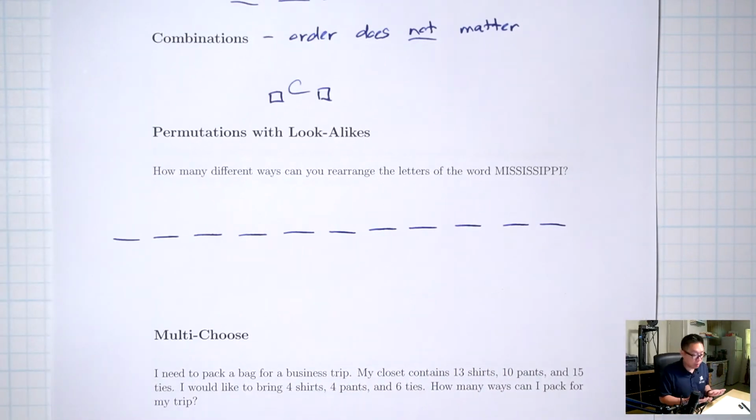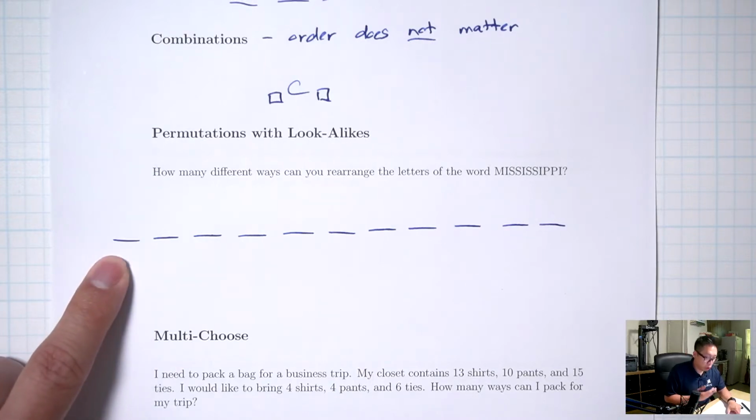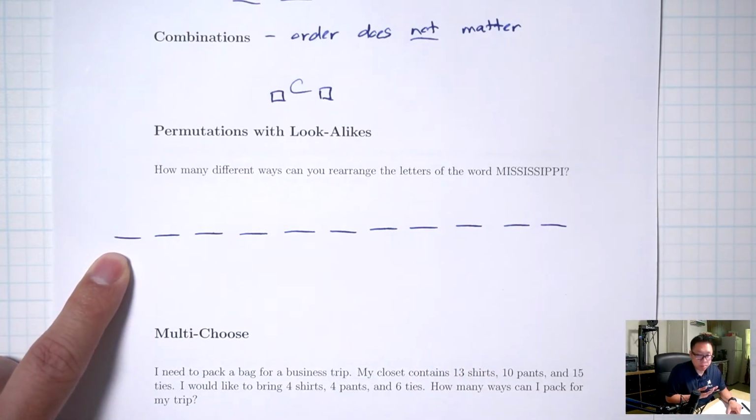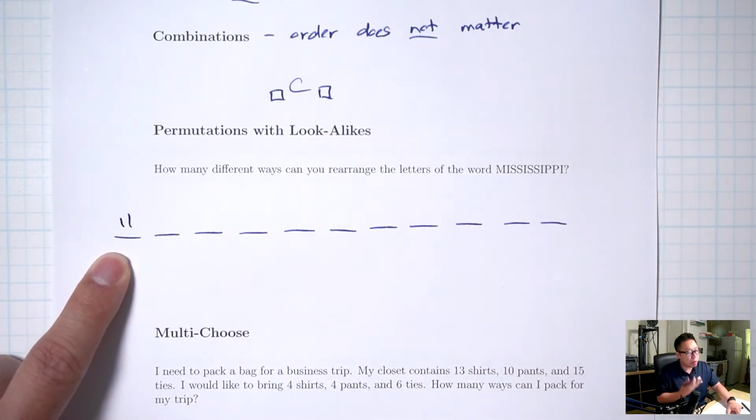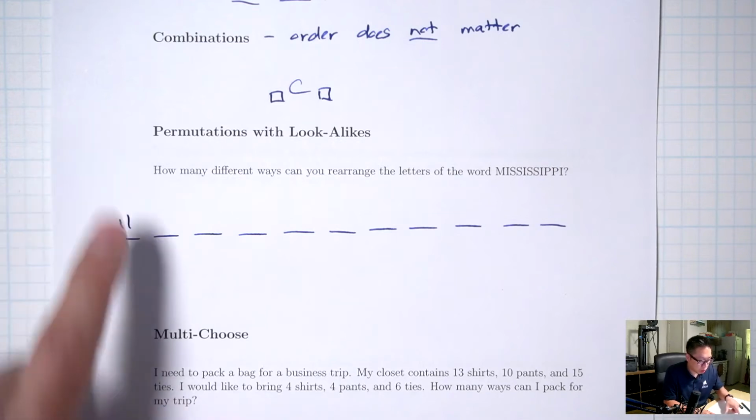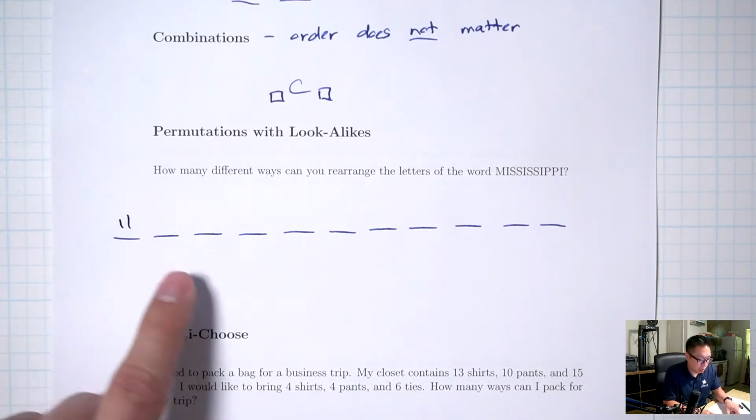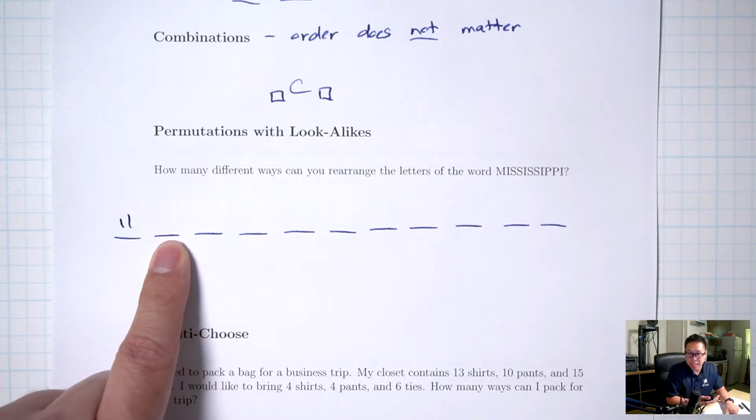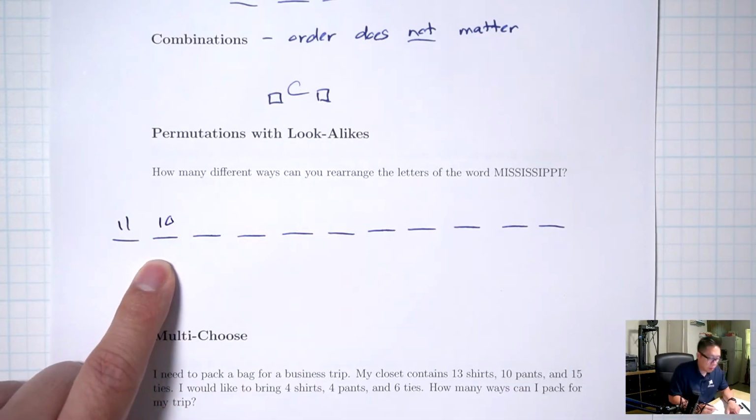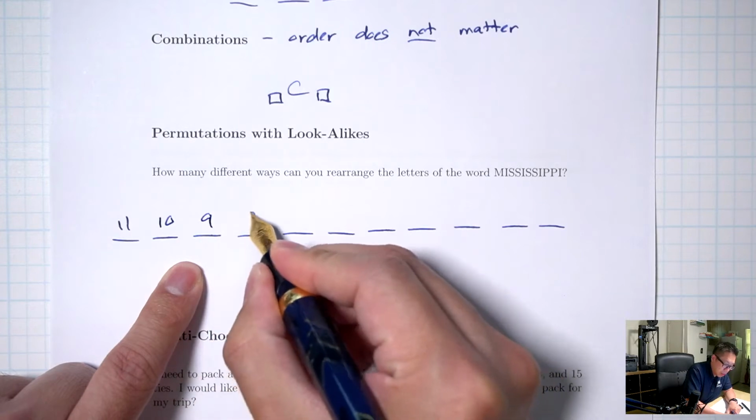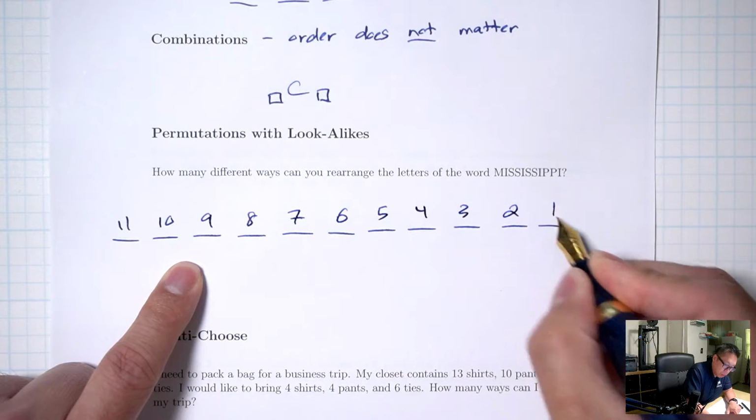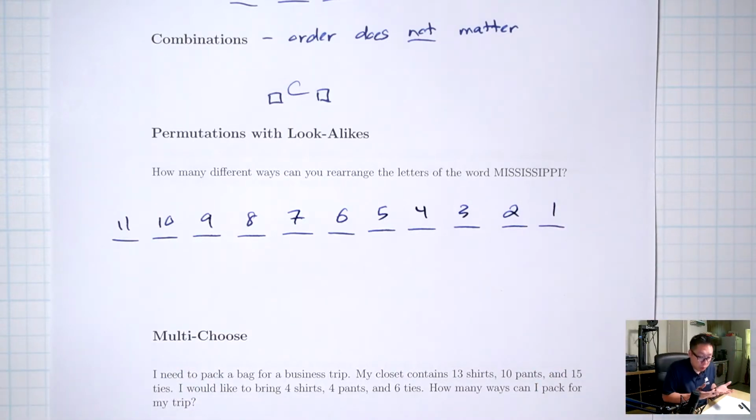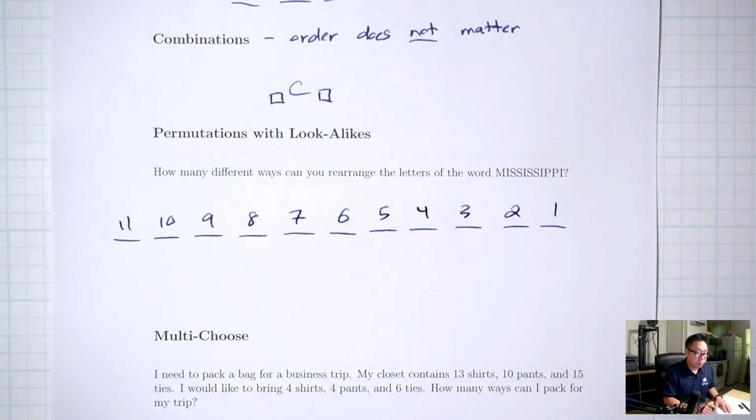For each blank, count how many options you have. For the first blank, I should have all of the characters as an option, so there's 11 of them. And then I'm rearranging, so whatever character I picked for the first blank, I'm not going to use again, which means for the second blank, I should be down to 10. And then for the same reason, I should be down to 9, 8, 7, 6, 5, 4, 3, 2, 1. Now, if this were a regular permutation, you would be done. But because we have lookalikes, I now have to divide